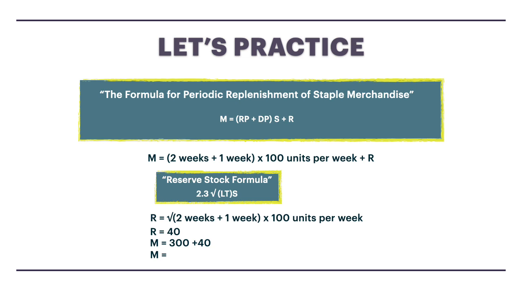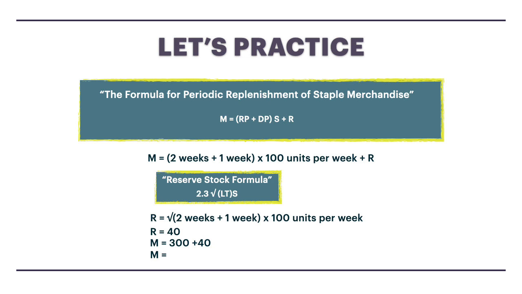So let's go ahead and work out the data. So RP is 2 weeks plus DP, which is 1 week, plus S, which is 100 units per week, plus R. So remember, we have to figure our reserve stock formula. So RP plus DP equals 3. If we multiply that by 100, we get 300. So the square root then of 300 is